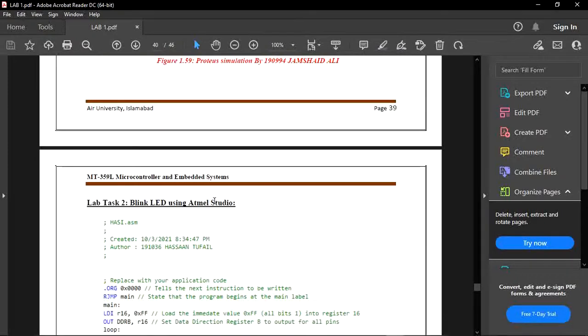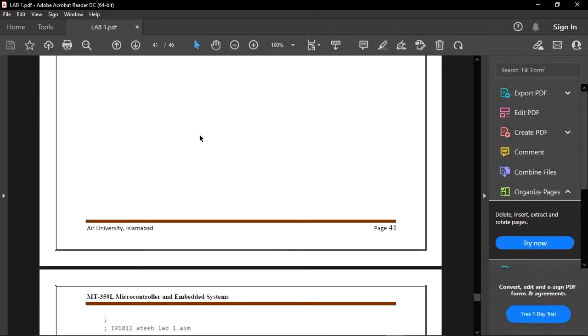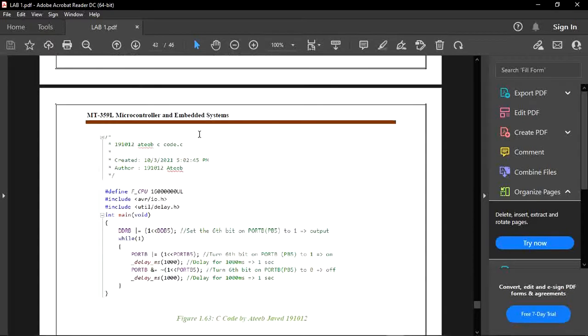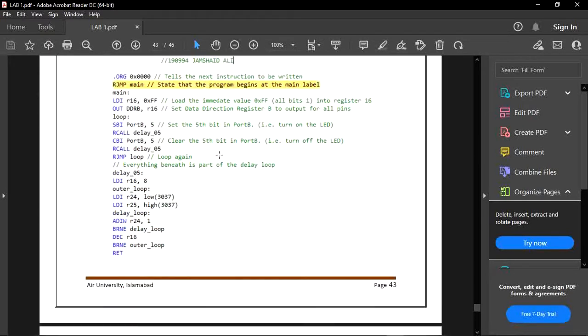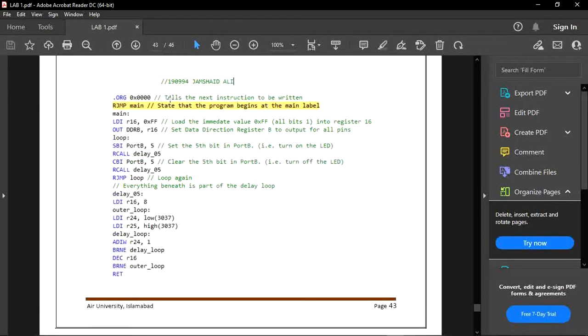Now we have to perform this function in Atmel Studio as well. So this is the basic assembly language code of our blinking LED. As I explained before, we have to store the maximum value, and then with the help of DDRB we have to set it as output, and then with the help of the sbi command we have to set the output port, B5. After that, we have to call the delay and then clear the bit.